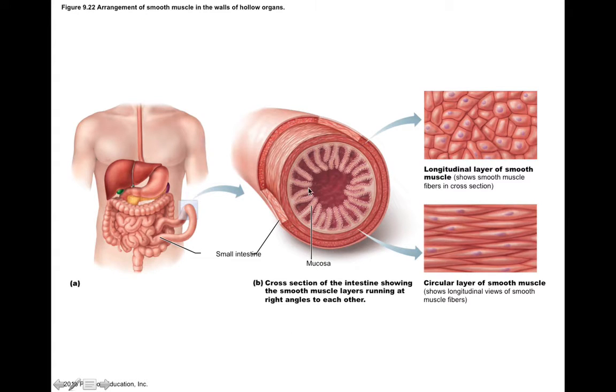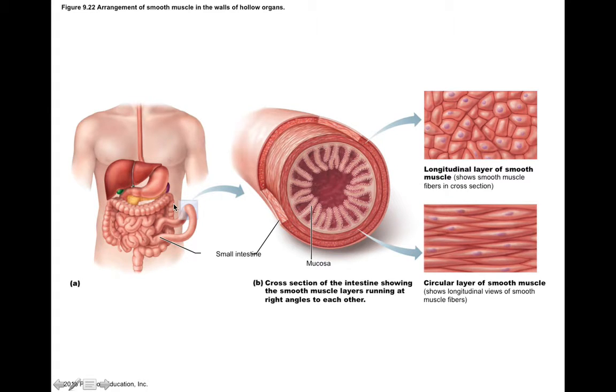So if we look at the two layers of smooth muscle within the wall of our digestive tract, we find that there's a circular layer that actually surrounds the lumen, or the space within this digestive organ. Then we have a longitudinal layer that goes along its length, lengthwise, longitudinally. And so if these two layers contract together, we actually get a peristaltic wave. So imagine a circular layer that would squeeze and a longitudinal layer that kind of propels and pushes along its length or shortens. Taken together, it actually is a wave-like motion. And so you get these undulating motions, which we call peristalsis, that help to propel digestive contents along the length